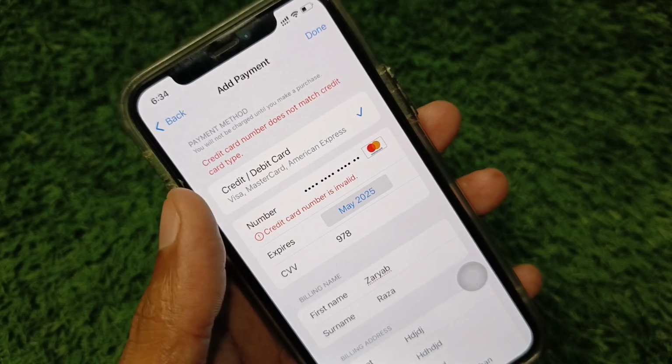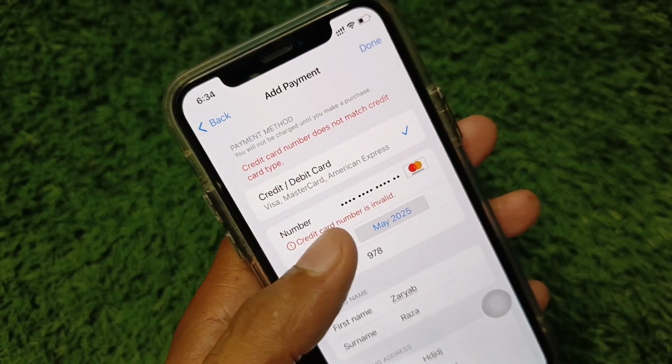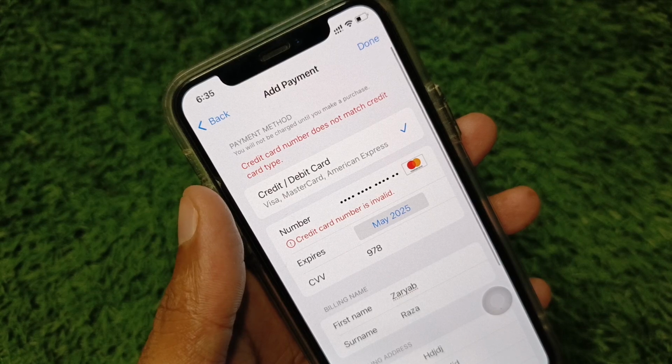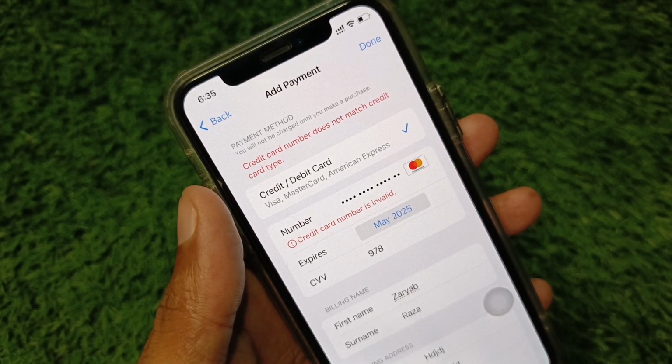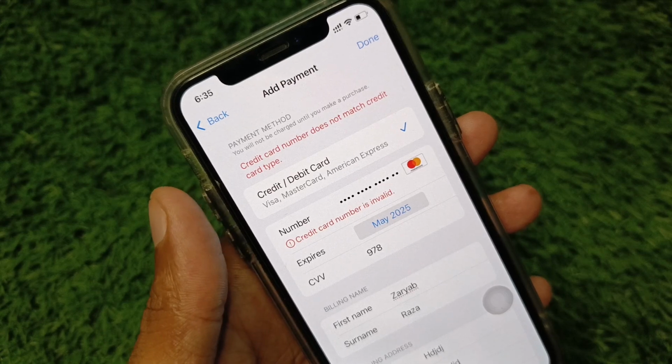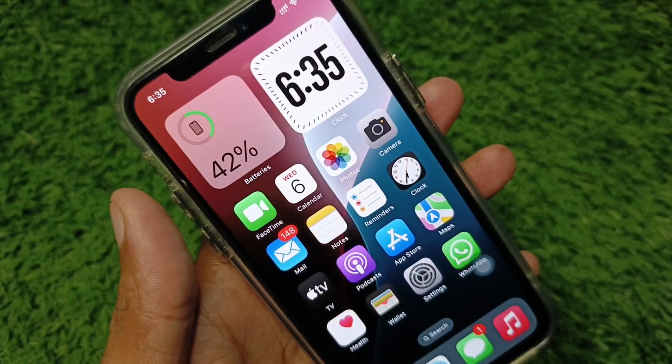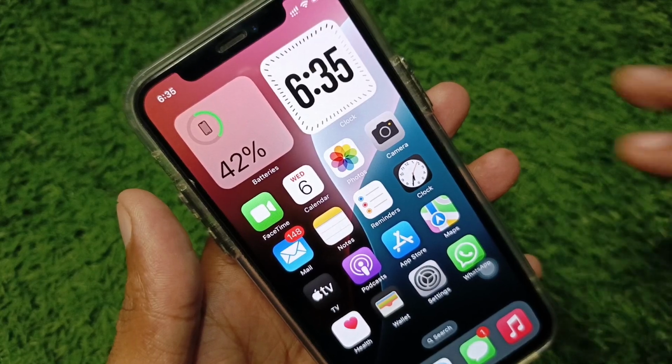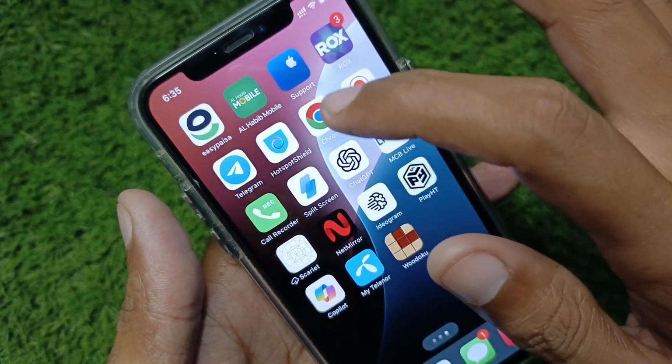So guys, after doing this, if it still does not fix your problem, then no need to worry. You have to cancel this card and add a new debit or credit card, and after this your problem will be fixed. And guys, after doing all these methods, if it still does not fix your problem, then you need to open